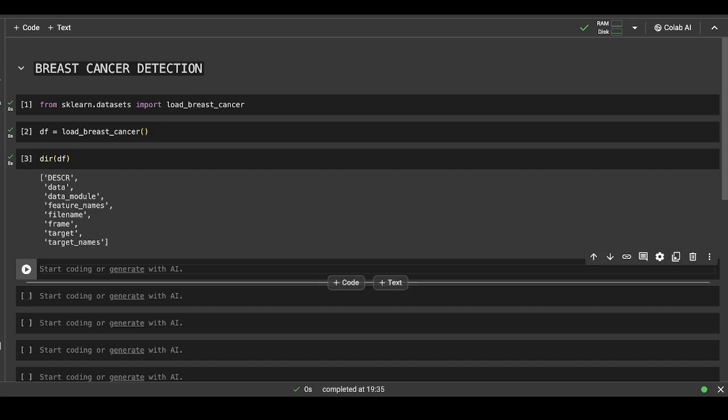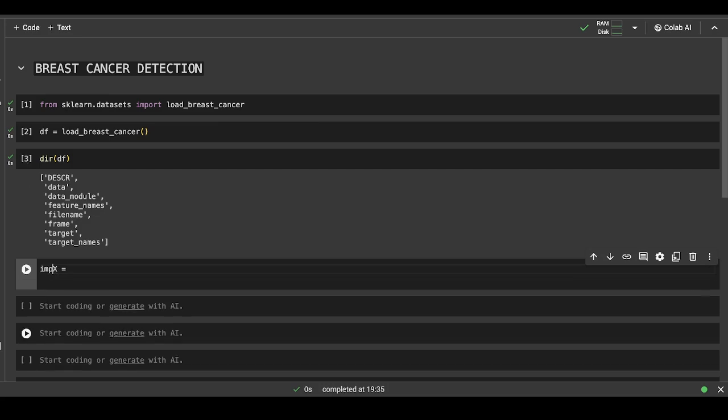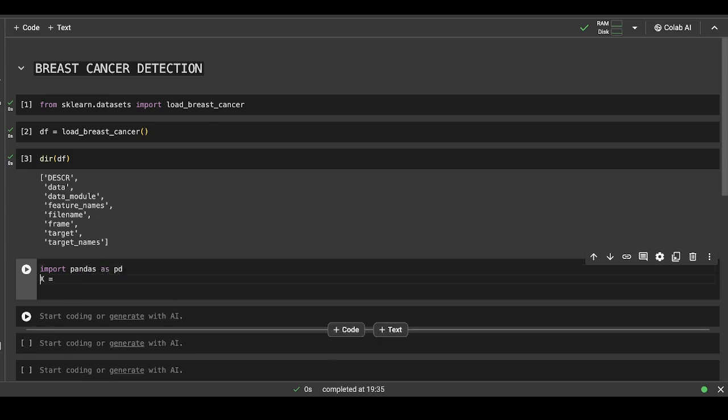Out of these elements, we need to create the data frame. So let's say the input data frame is labeled as capital X, and we will import pandas first. We will import pandas as pd, and in the X variable, which will be of data frame data structure, we will create a data frame and load the data from this.